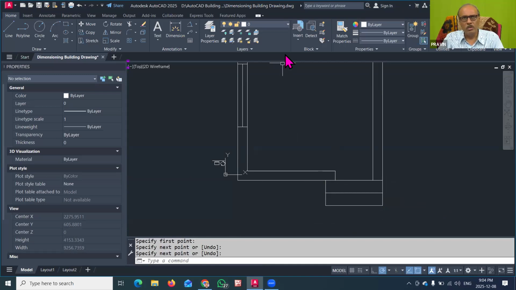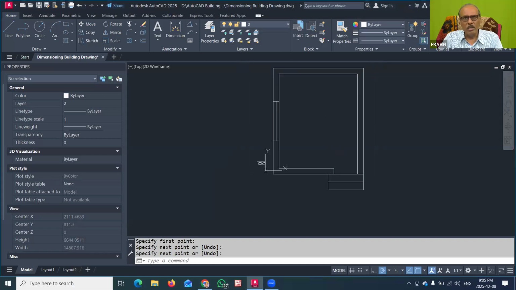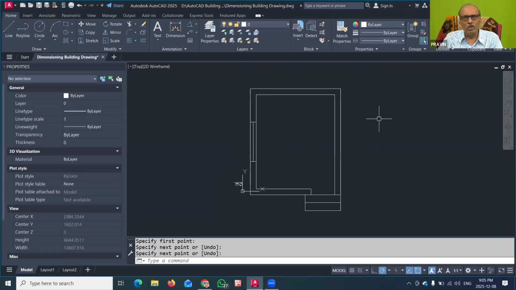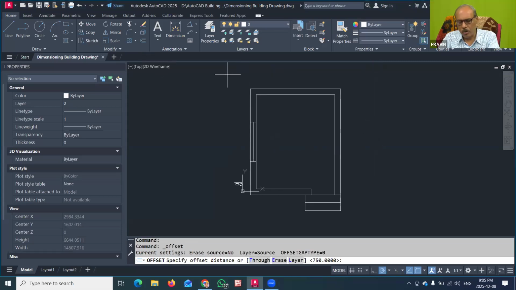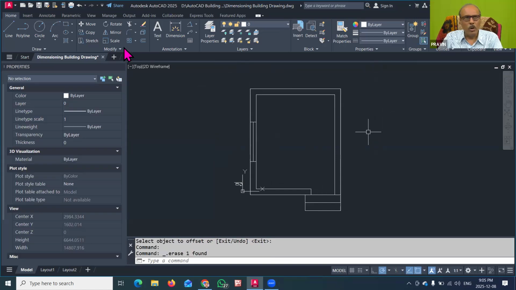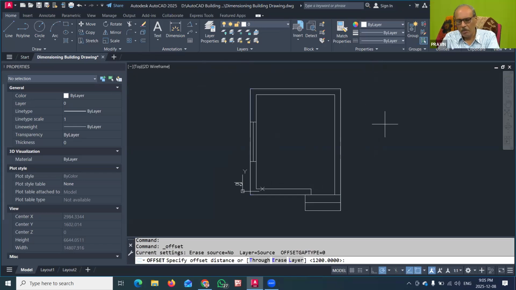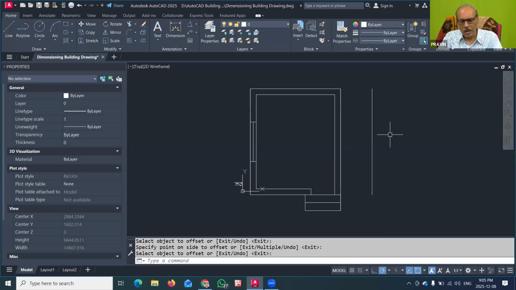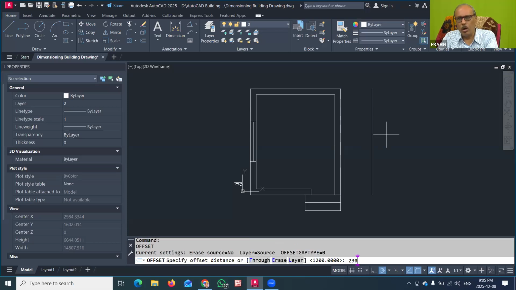room. So this is the small building drawing that I have created, and now for this room I will show again one toilet block. So I will offset by 1200 here, and I will offset this wall outside. But you see that this is a polyline, so it is getting offset as a whole. So we have to explode this line. So I will use the explode command, and I will explode this rectangle into line segments. Now I can separately offset this single line by a distance of 1200. This is 1.2 meters. Now again I will offset this by 230, that is the wall thickness.